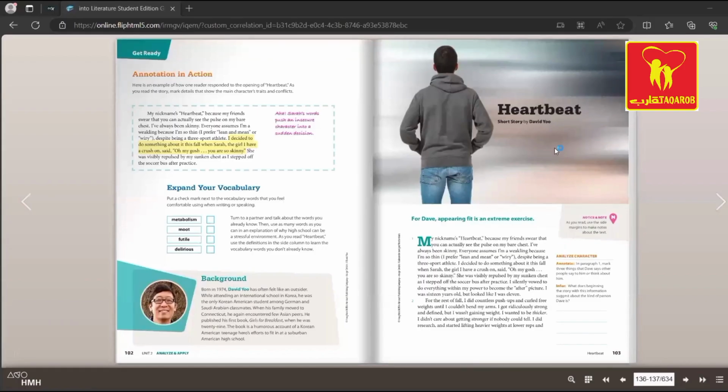Okay, now let's move to the Heartbeat story, a short story by David Yu. Let's talk in brief about the author. Korea. He was the only Korean American student among German and Saudi Arabian classmates. When his family moved to fit in at a stubborn American high school,